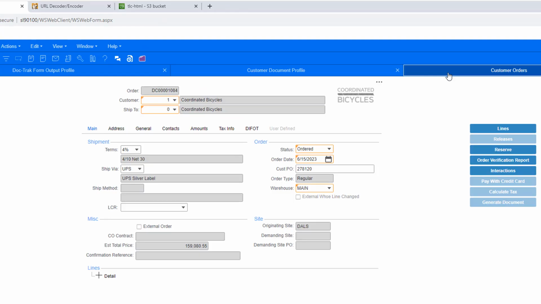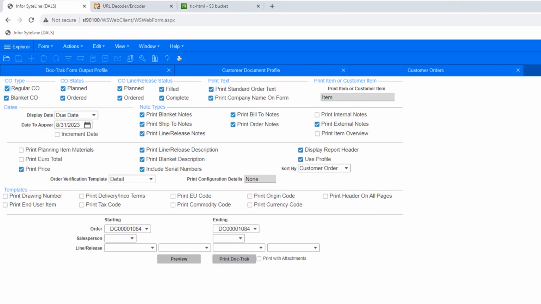Let's open the order verification report form, uncheck the report header, and generate it.